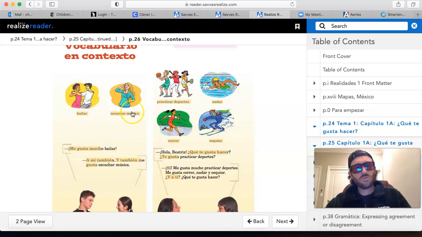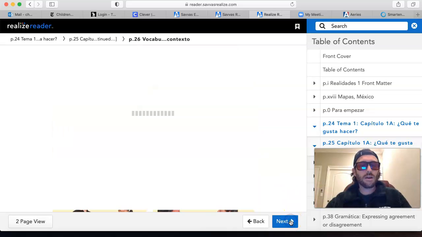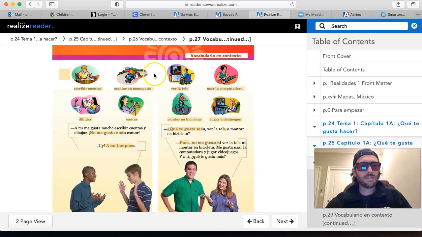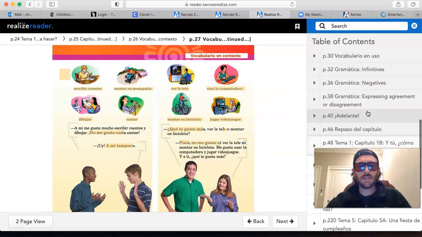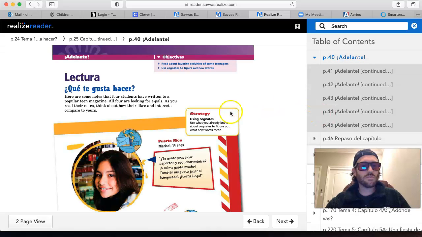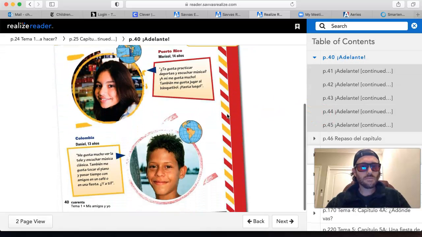Bailar, escuchar música, practicar deportes, nadar, escribir, leer, pintar, dibujar. All those key vocabulary terms that we've looked at. Again, those are on pages 26 and 27 of your textbook. So use that key vocabulary to make sense of the reading, which again can be found on pages 40 and